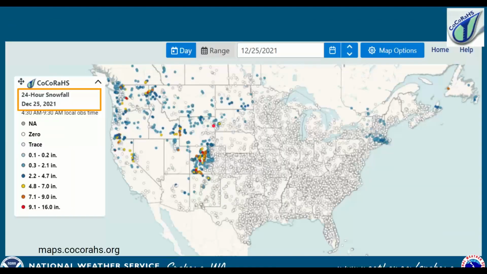And if we look back a year ago, over Christmas time last year, we can see some of the snowfall reports as well. So you can switch it from precipitation to snowfall and be able to see some areas that really stood out, of 9 to 16 inches of snow that fell across parts of the inland Northwest. So that's pretty fun to see as well.